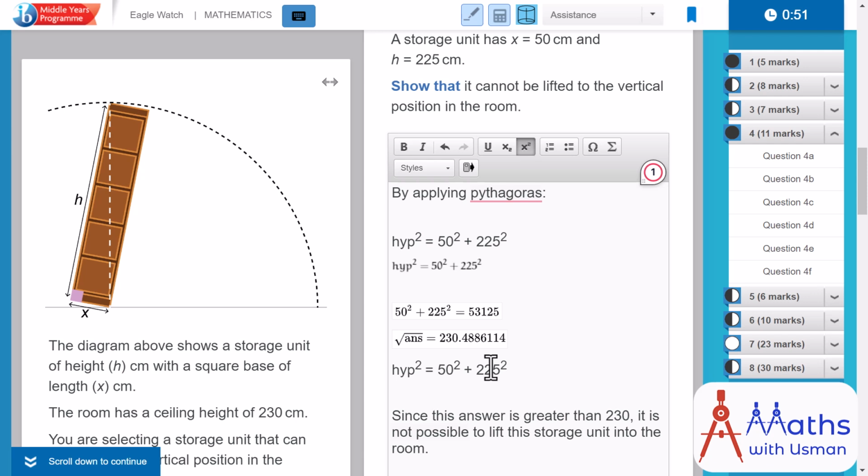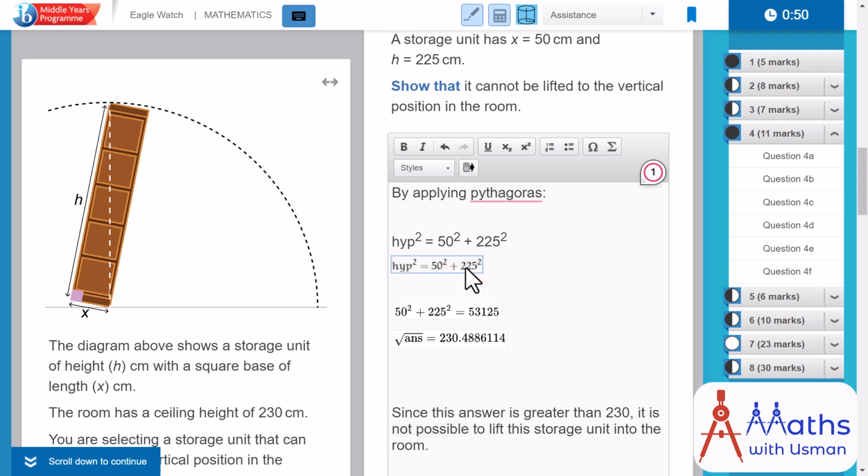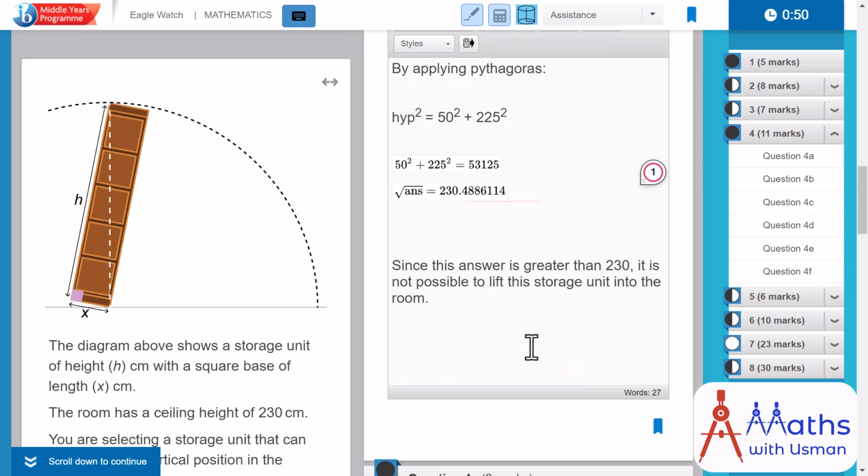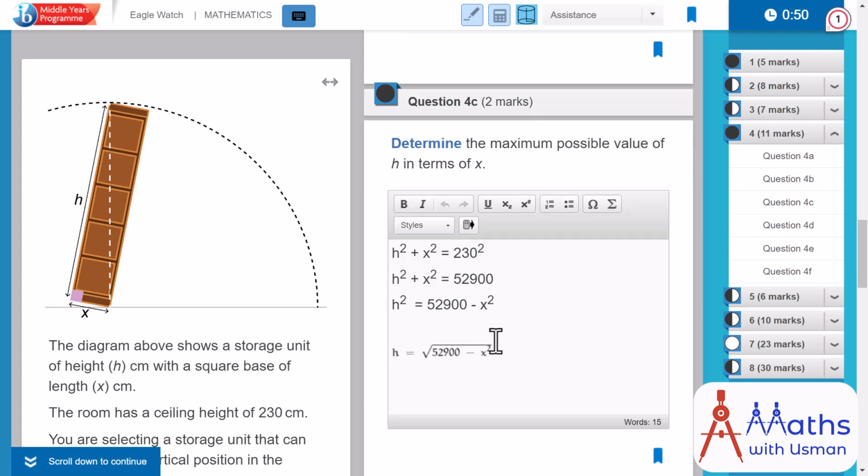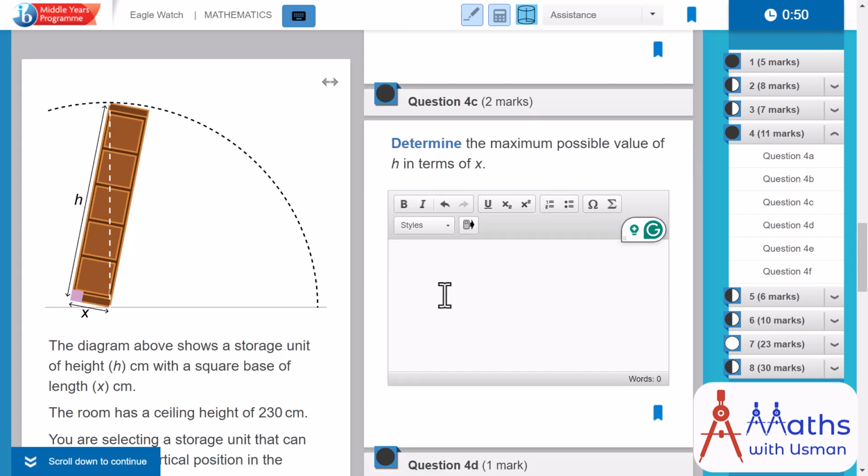Okay, so now we move forward and let's delete it. Deleting anything is really easy. You just select it and press the delete button or backspace button. It's going to delete it. All right. Let's move forward to the next question. This is basically a question. I'm going to erase the answers. In this question, we need to find the maximum possible value of h in terms of x. Now, to put it in easy words, I want to find the value of h. But my answer for h, which is the height of the storage unit, it's not going to be a number. It's going to have a number, but it also should have the symbol x in the answer as well.